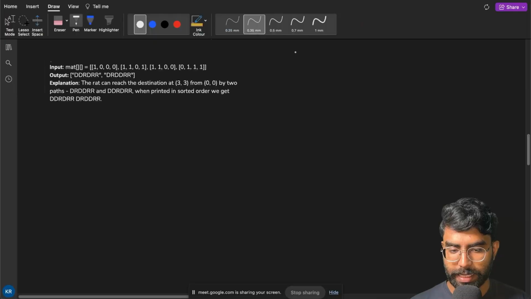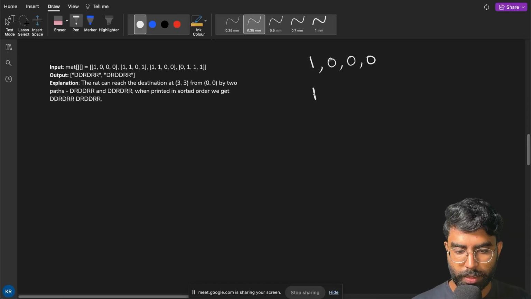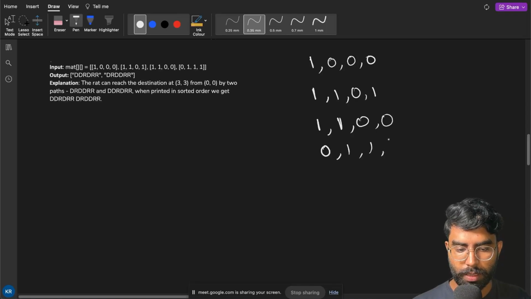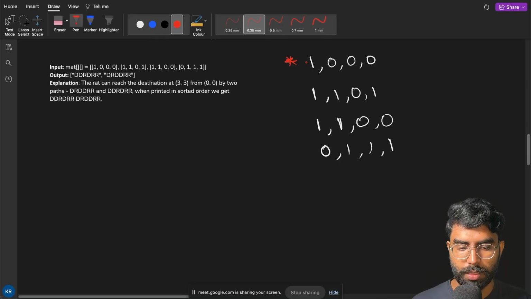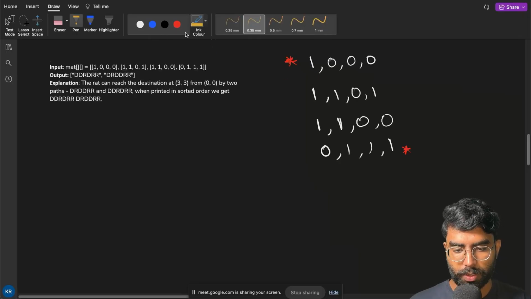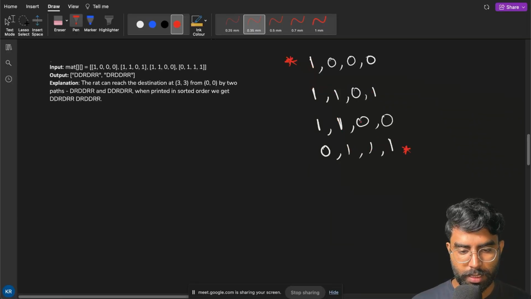So let's see the example. We are given the matrix as 1 0 0 0, then 1 1 0 1, then 1 1 0 0. Last one is 0 1 1 1, right? Now what are the valid paths from here to here? One path is we can go from here, right? One path is this, one path is this, right? So there are two paths,